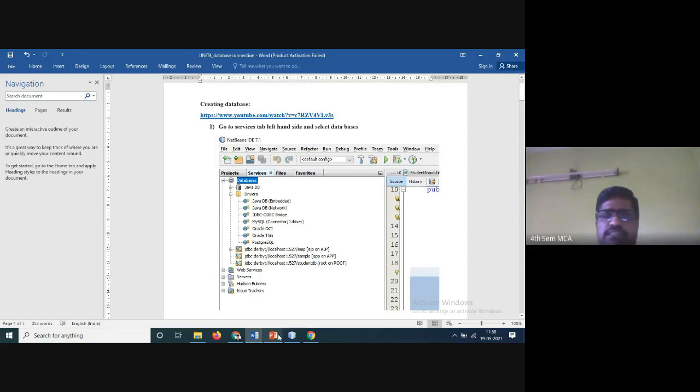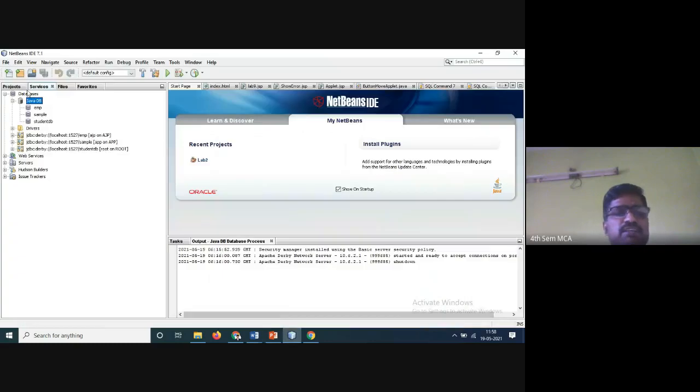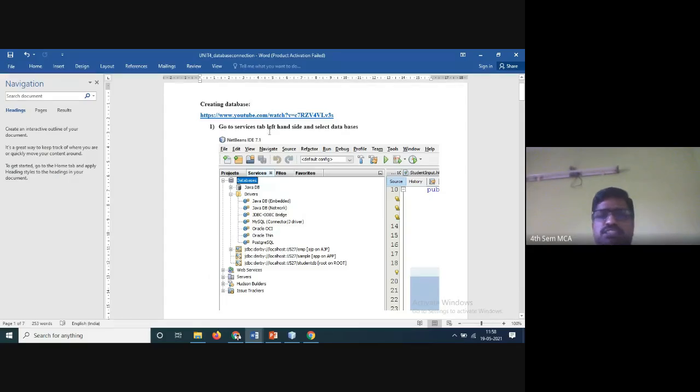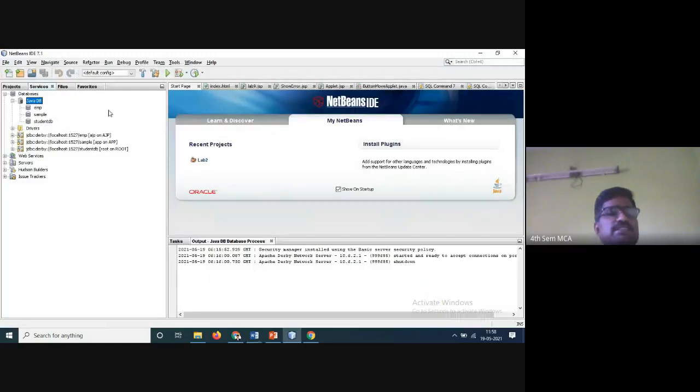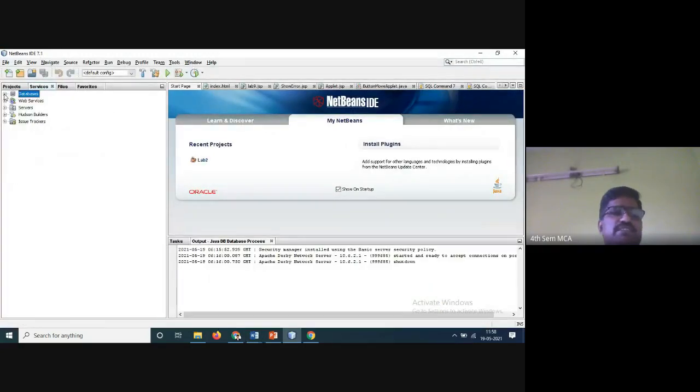Because I'll be sending this file to you people, by seeing this you can create the table. That is the reason I made it with screenshots. So here projects, this is the services. The first step is go to the services tab, left hand side and select the database.